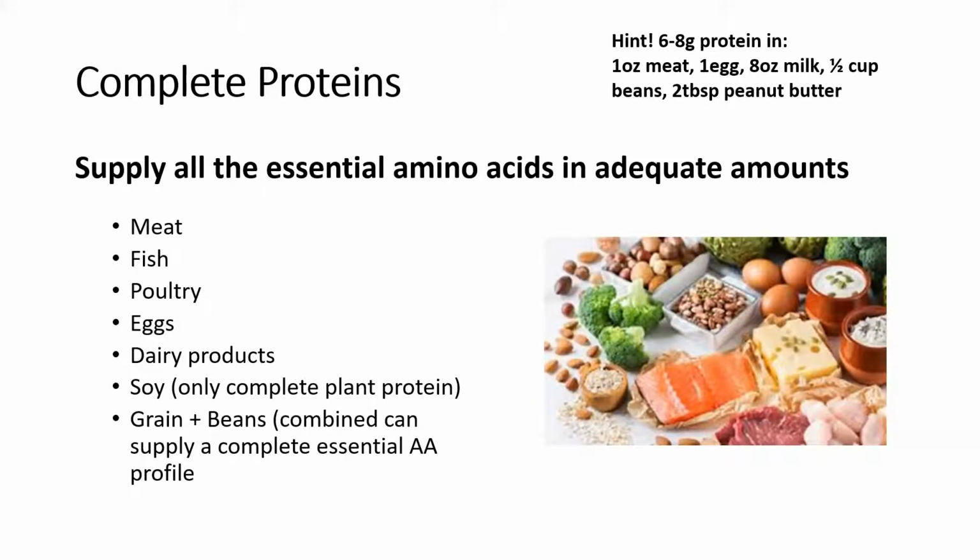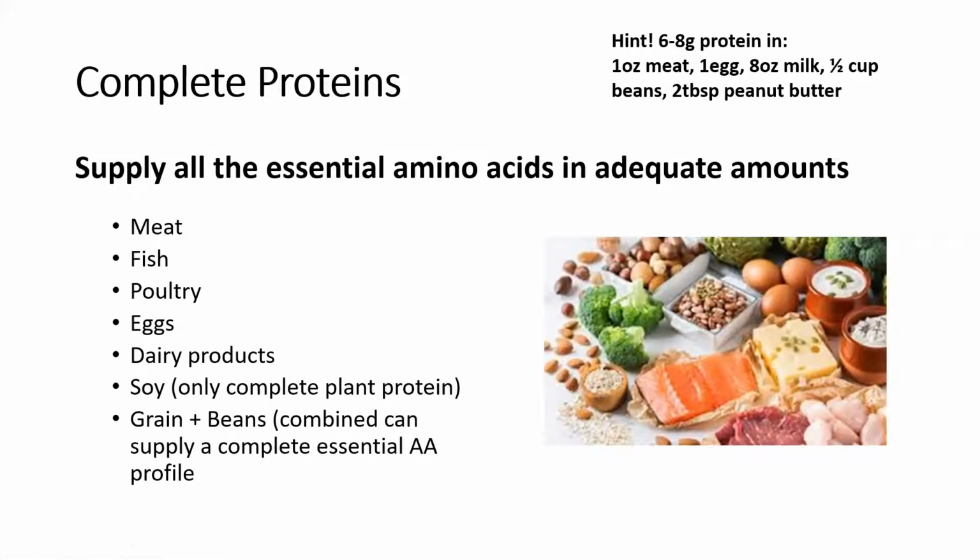But I have no qualms against someone who chooses not to consume animal proteins. It's just more difficult to consume adequate amounts. You have to consume higher quantities of plant-based food sources in order to get adequate protein amounts, which does come with those added calories. So if you're trying to limit calorie consumption and maintain muscle mass, that diet is probably not the most efficient for you. I also have a hint up here at the top of the screen.